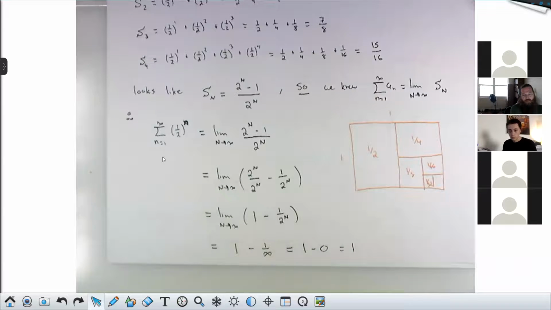This is how these were done back in, I think the Greeks knew this. Definitely in ancient India, they were all over this, had no problems with it. And in ancient China, geometric series were well understood. Certainly during the Islamic Golden Age in the Middle East, they were well beyond this. They knew this and quite a bit more. And this is why we call them geometric.